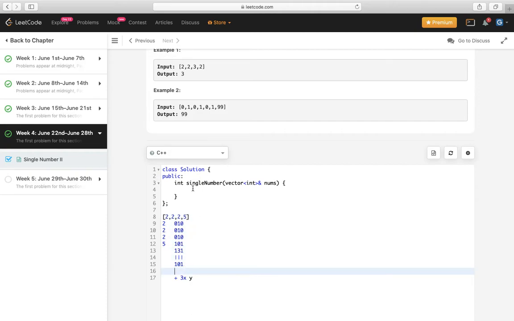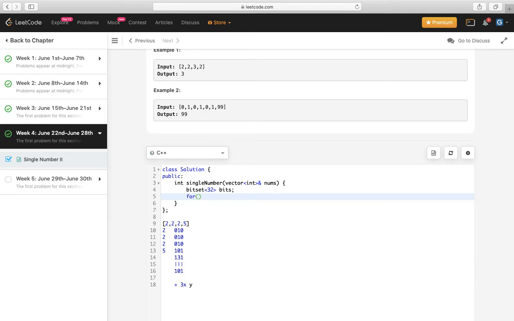Let's see this in code. We can use bitset for this kind of operation. I talked about bitset in previous videos, you can check that out. Bitset is defined in C++ in this way.